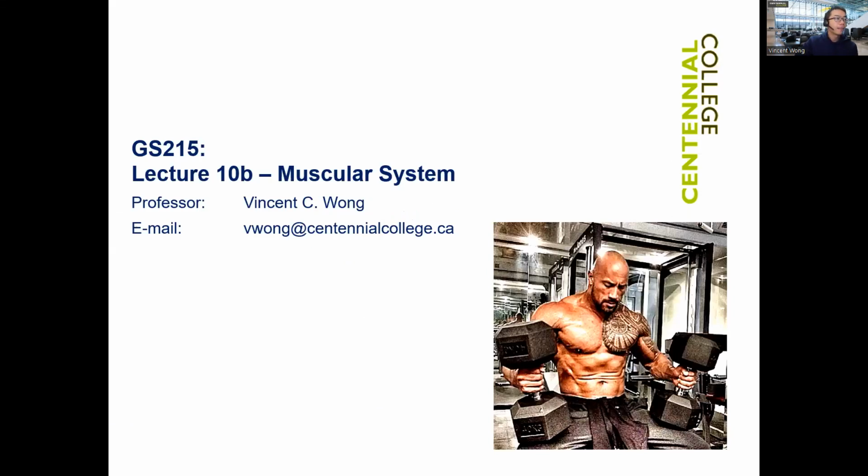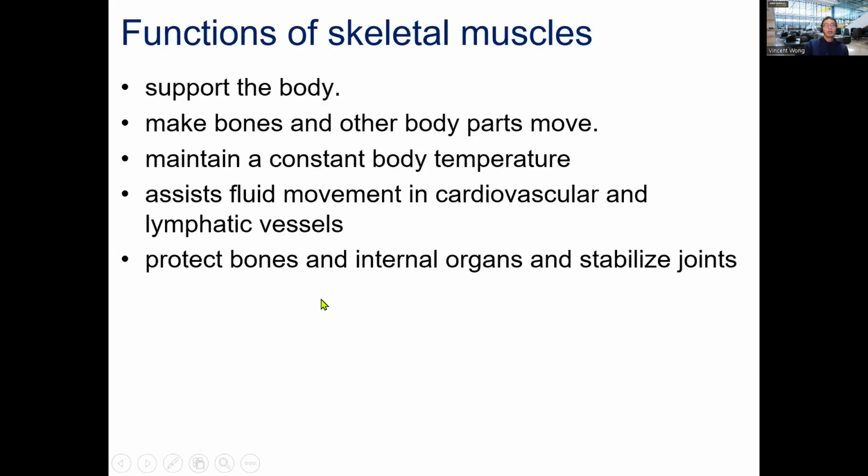So the muscular system. First of all, function of the skeletal muscle, right? So we have 3 types of muscle, right? We have the skeletal muscles, which are muscle that we can voluntarily control, okay? Voluntary control. Right? And we know anything that we can voluntarily control comes from the frontal lobe, right? From the primary motor cortex. The other 2 types of muscles that we do not have voluntary control over would be cardiac muscle